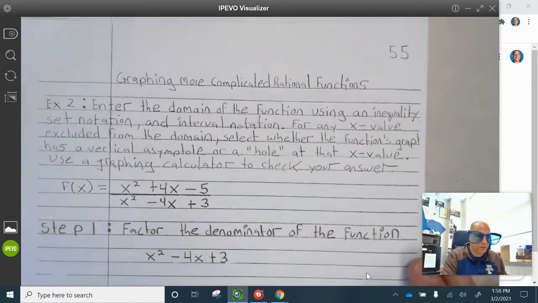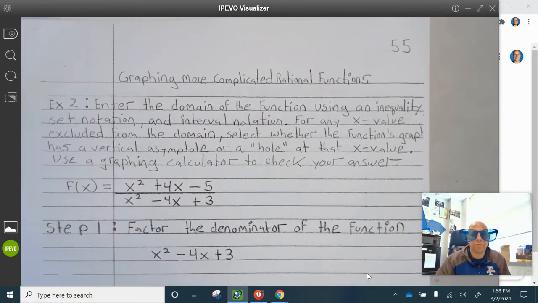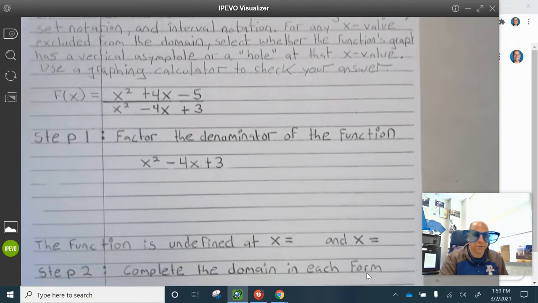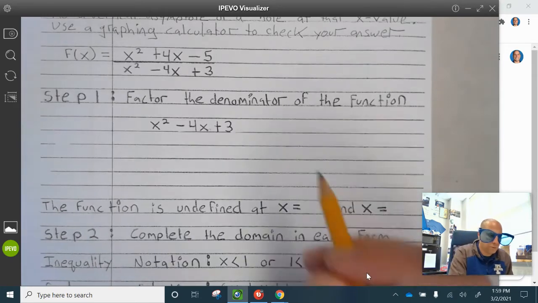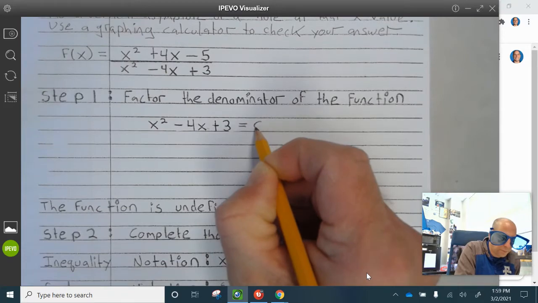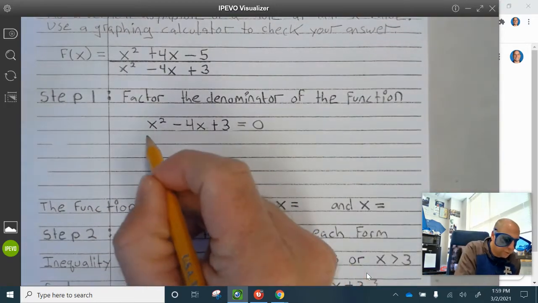All right, example 2. Enter the domain of the function using an inequality, set notation, and interval notation. For any x value excluded from the domain, select whether the function's graph has a vertical asymptote or a hole at the x value. Use a graphing calculator to check your answer. Okay, so we have f of x equals x squared plus 4x minus 5 divided by x squared minus 4x plus 3. So we're going to factor the denominator of the function while also setting it equal to 0. Okay, so we know 2 parentheses